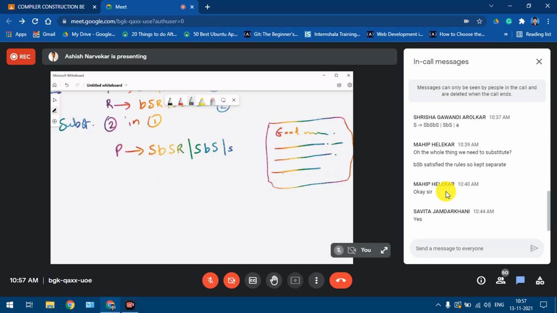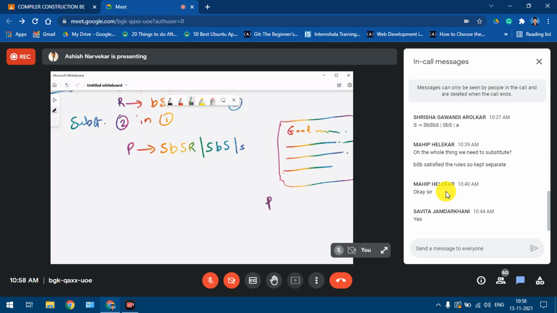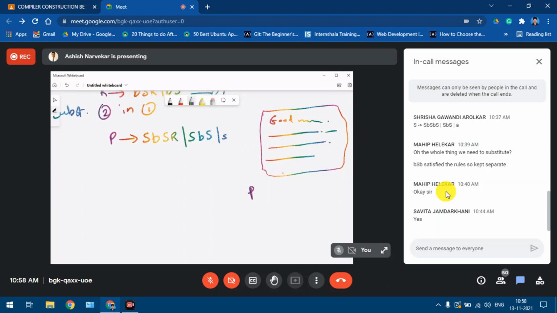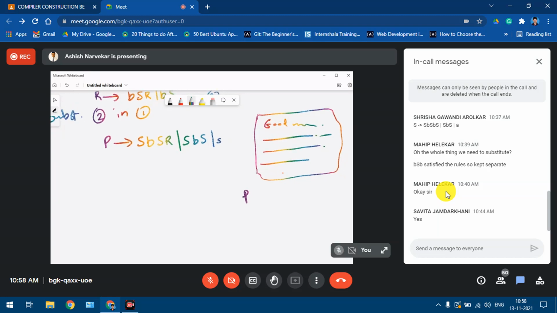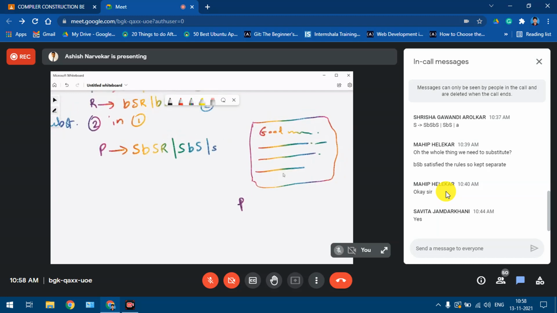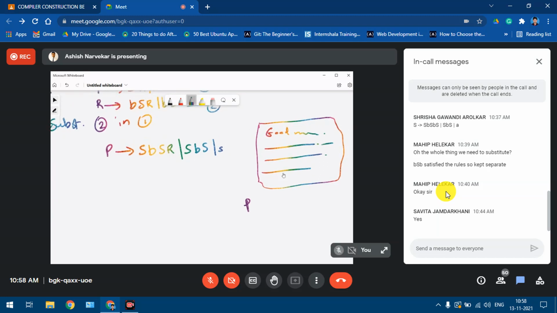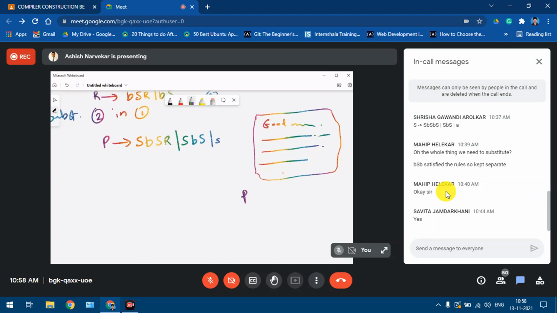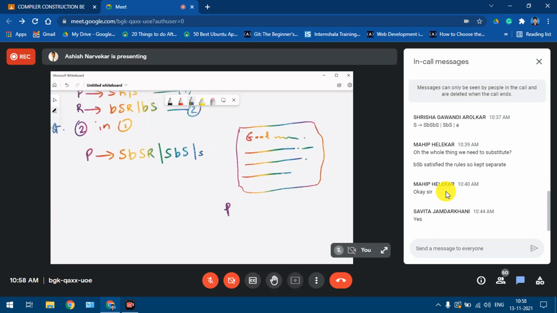Now in this paragraph, in this production, we can see that we have multiple parts separated by OR.